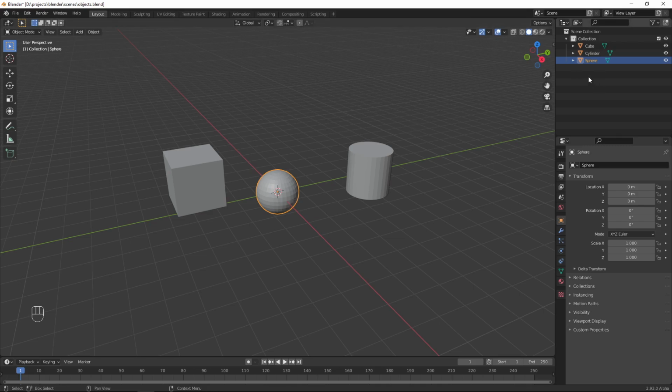So on the right there is the outliner, which can be used to sort and find objects. You can select them like this. You can hide them, and you can also change the hierarchy by click and dragging. So here it says shift to parent, so now we've parented the sphere to the cylinder. And we can also undo this